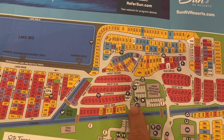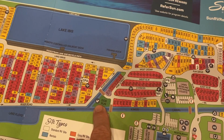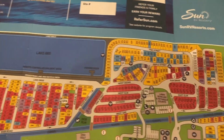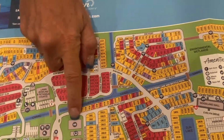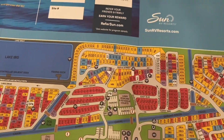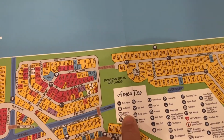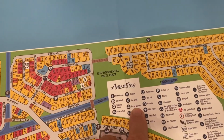There's an art area. Somewhere over here, there's a dog run, which you've probably seen us with our dogs, a spa. I know there's a wood shop that's seasonal that's open in January. I think it's in this building. Yeah, I think it's probably over here. There was somewhere that said there was a dog groomer, but I don't see it on here. There's also a shuffleboard. Some of the things they have here: bathhouse, basketball, billiards room, bocce ball, cottages, dog walk,